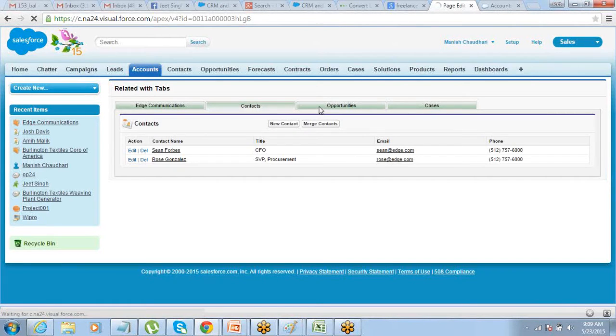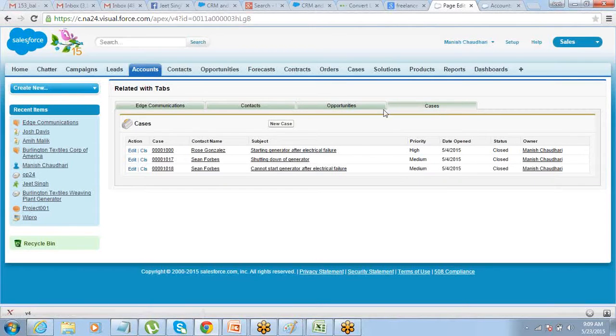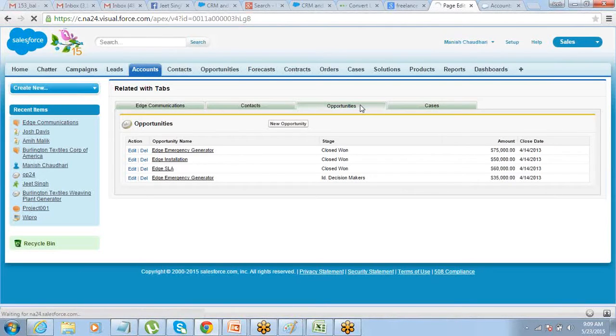Because I have opened each tab once, it is doing it faster now. But if you do it for the first time, it's going to take a bit of time to load. A bit of time means just 1 second, but that 1 second is also very long, which we don't want.